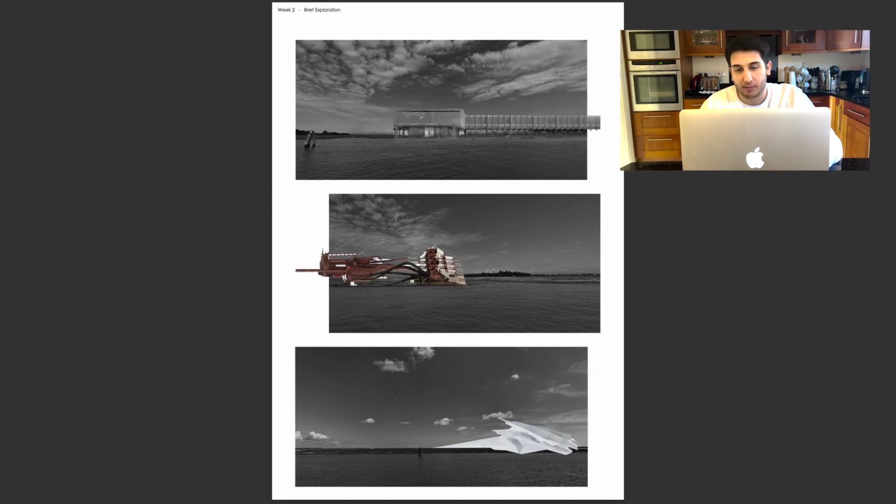This was just areas within the lagoon that I looked at. I was like, let me just merge some things together, go on Pinterest, cut things out, add them in. What does it look like scale-wise, aesthetic-wise? Does it work with the land and the water? Things like that. And again, more exploration.